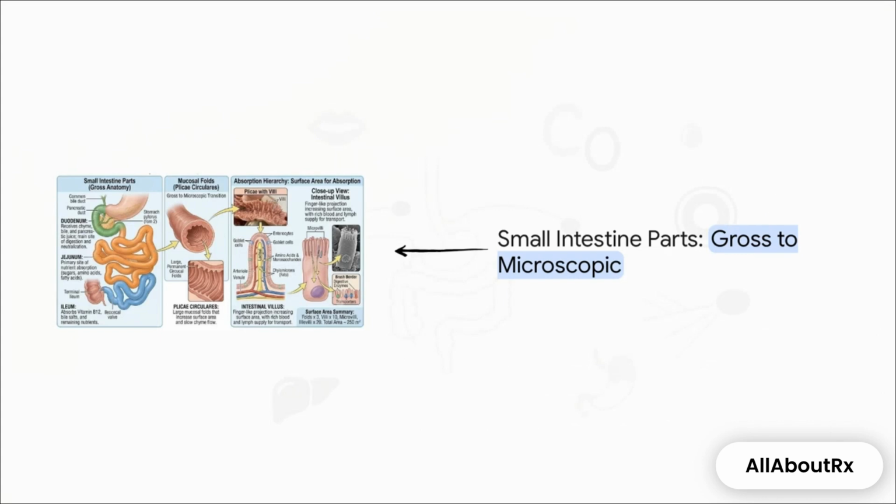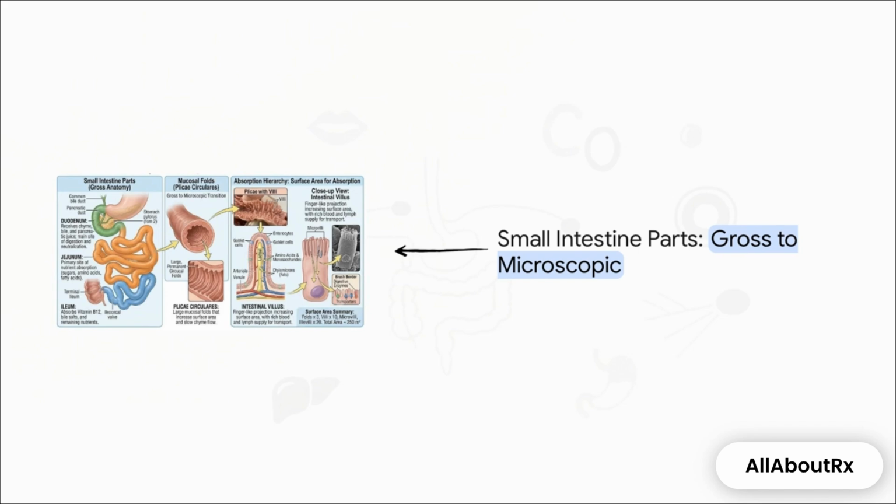Welcome to the longest stretch of the alimentary canal, the small intestine. We're talking roughly 6 to 7 meters long. This is the primary site for chemical digestion and nutrient absorption, and it's broken down into 3 parts. You have the short, C-shaped duodenum, which receives all the digestive juices, then the jejunum, the little section where most of the heavy lifting for nutrient absorption happens, and finally, the highly coiled ileum, which absorbs whatever is left, like